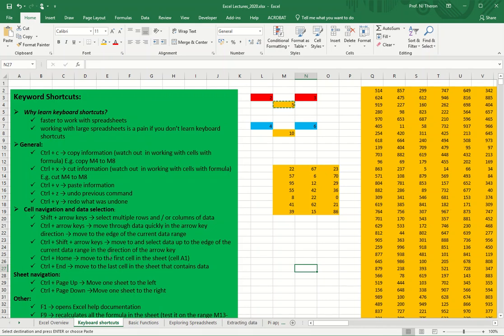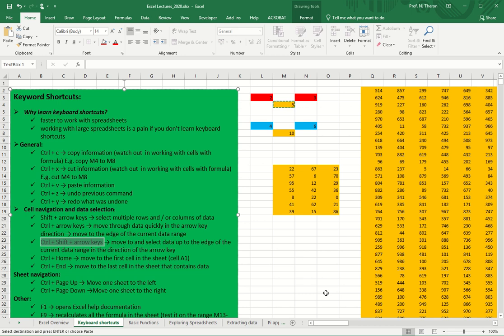Okay, so we've now seen what happens if I use the Shift button with the arrow keys. That allows me to select data in more than one row or more than one column. We've also seen what happens if we use Control with the arrow keys. It allows us to move to the edge of a data block, either in a row or in a column. So next we'll look at what happens if we hold down both Control and Shift and then use the arrow keys. This we'll see moves us according to the Control and selects according to the Shift